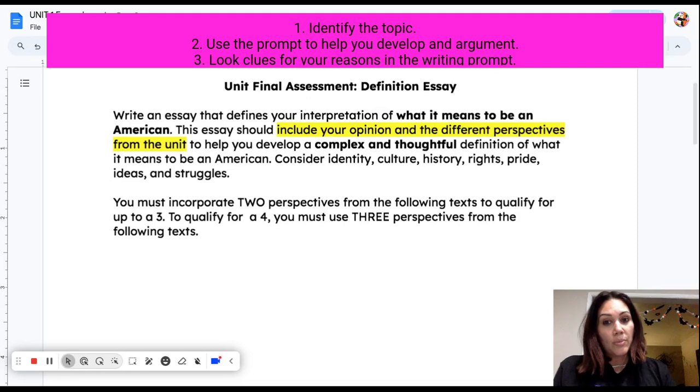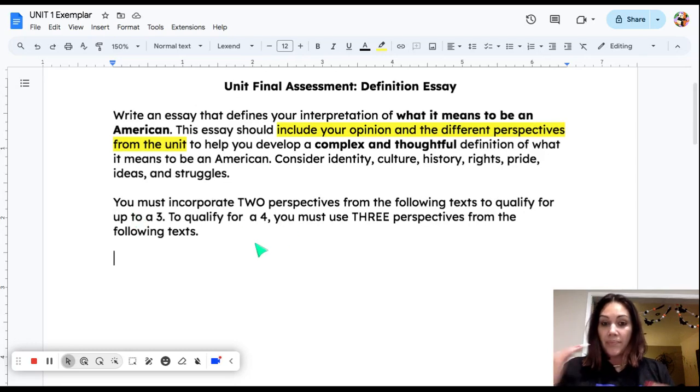Luckily for us, it gives us some more information. This essay should include your opinion and the different perspectives from the unit to help you develop a complex and thoughtful definition of what it means to be an American. Consider identity, culture, history, rights, pride, ideas, and struggles. Okay, there it is. What it means to be an American is my topic. I have to give my opinion about it, and then I need to give some reasons. But it tells me that it should be complex and thoughtful, so I'm just going to use that in my argument. And I'm going to start very easily and say, to be an American,